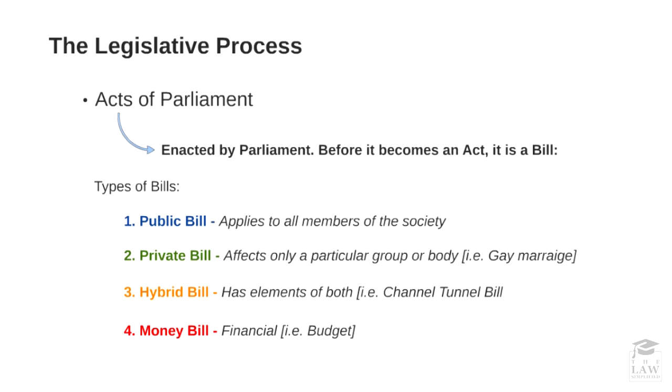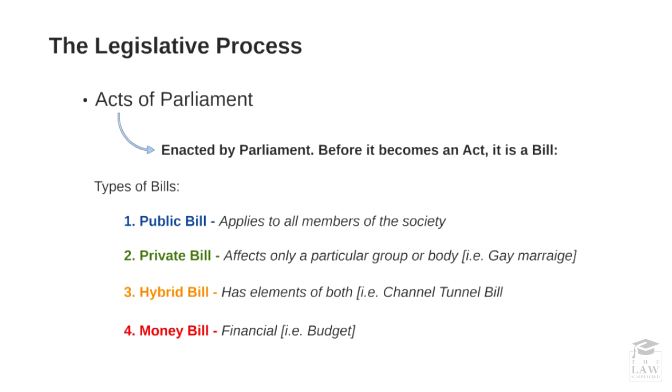There are various types of bills in place as well. You have public bills, which apply to all members of society. You have private bills, which affect only a particular group of people or a particular body. Then you have hybrid bills, which have elements of both public and private bills. Then you have money bills, which are financial in nature, and a good example of which is the appropriations bill